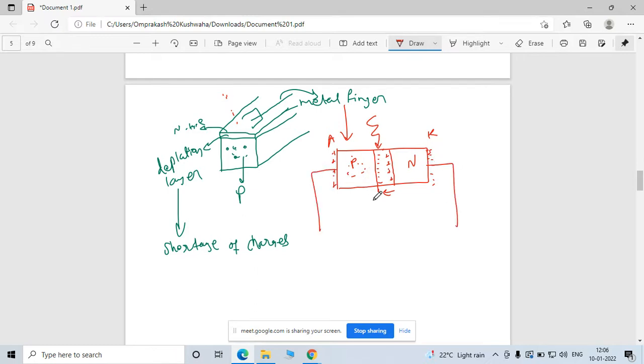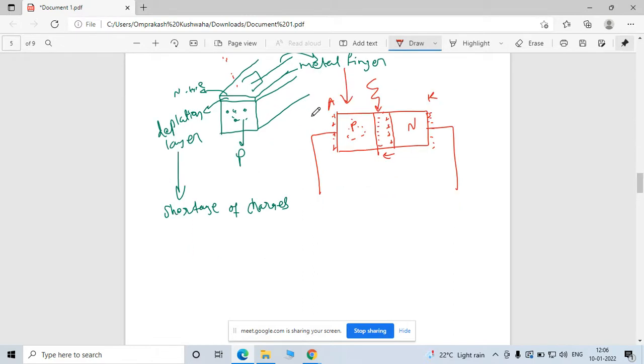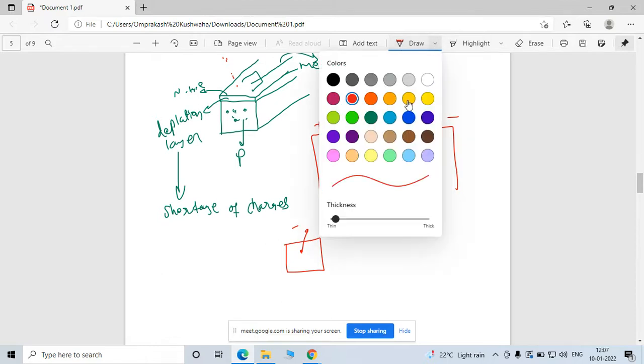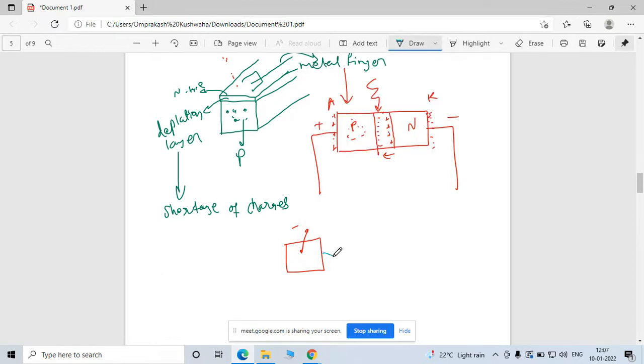This is the p side, with all the positive charges accumulated here and the negative charges here. If light strikes on that, there are two ports: a negative terminal and a positive terminal. Actually the panel is just like that. This upper layer is collected by this metal finger, which accumulates electrons and is negatively charged, and at the bottom you have the positive terminal.